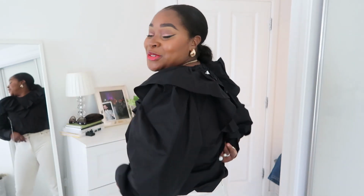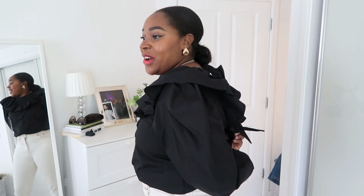I mean, there's two things with this top. First of all, oh my god, it is too big for me. But I just got my husband to do it up at the back, and he said if I'd gone for a size down, I probably wouldn't be able to button it at the back. It buttons at the back, which is really frustrating. And you know, Zara, they love these tiny little buttons that they put on everything that just make everything such an unnecessary faff. So it's got buttons at the back, which I haven't done them all up,